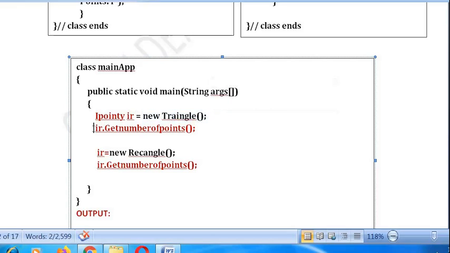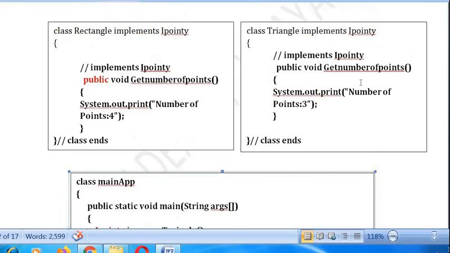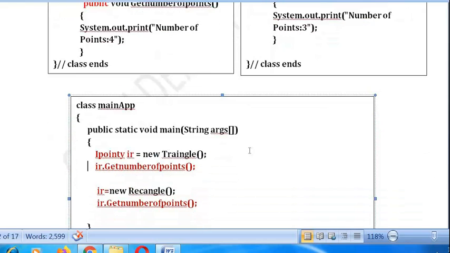Through this interface reference, we can call the interface members of IY. We know already getNumberOfPoints is the interface member. It will call the interface member defined inside the class Triangle, which displays the message number of points is equal to 3. This gets executed because we stored in the interface reference